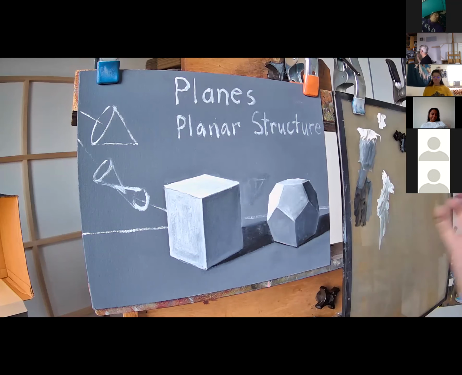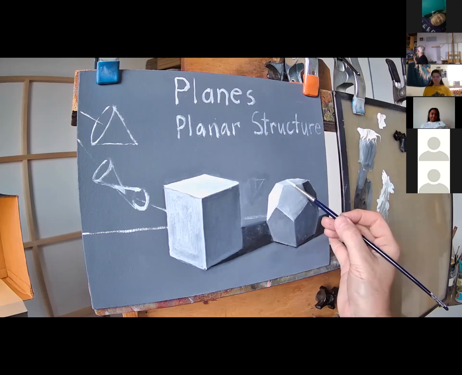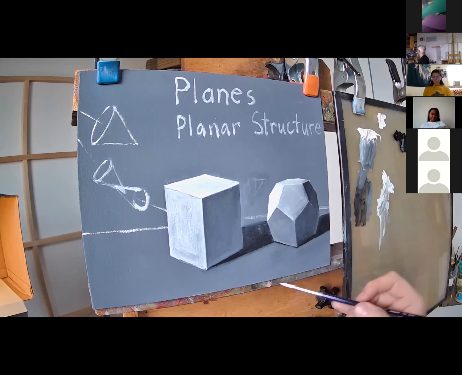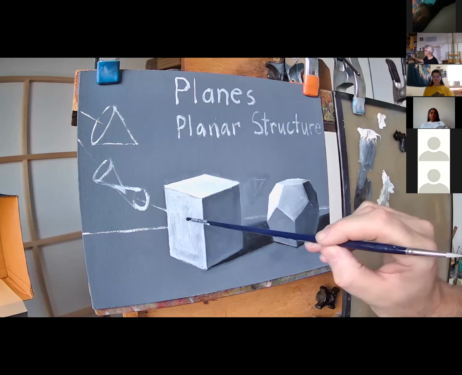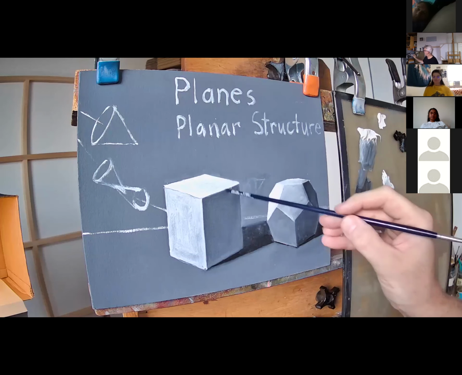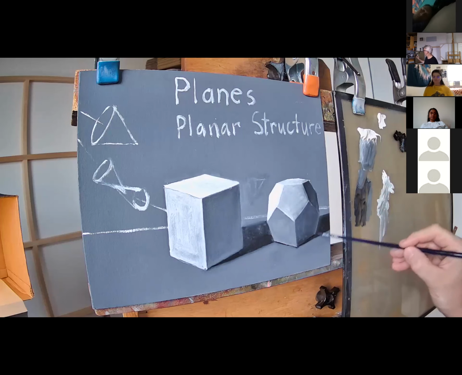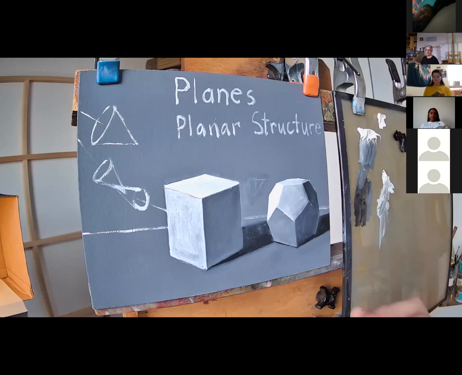Okay, so last week, we talked pretty extensively about the elements of light and shadow, right? So we talked about light side, dark side, form shadow, cast shadow, right? We also talked about reflected light, highlight. So if you remember back to some of those elements that we talked about,